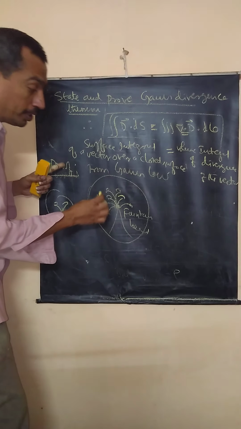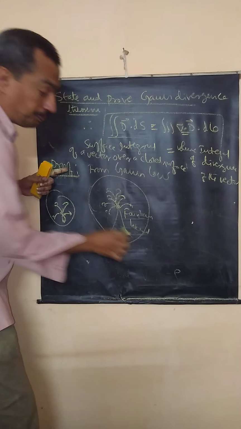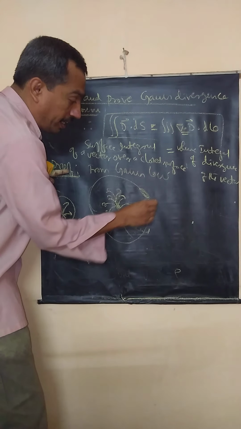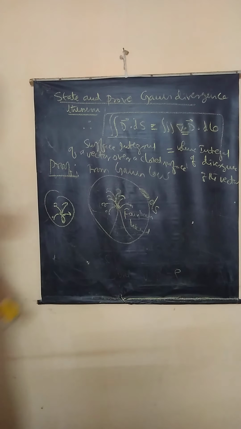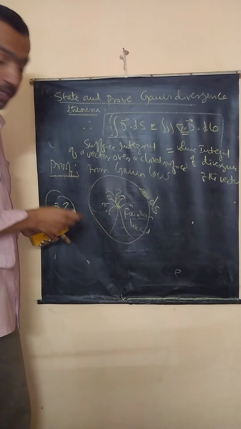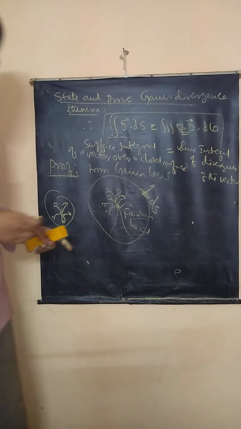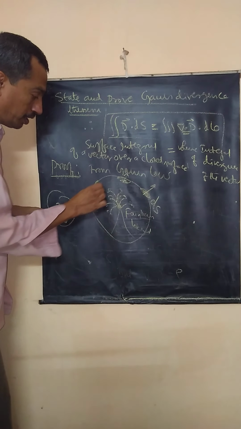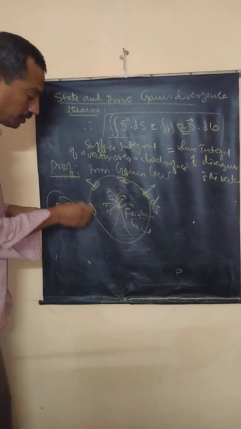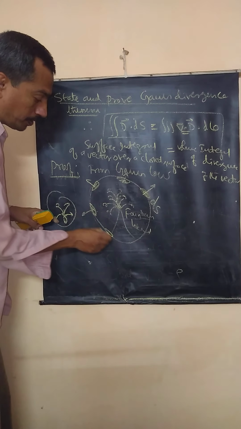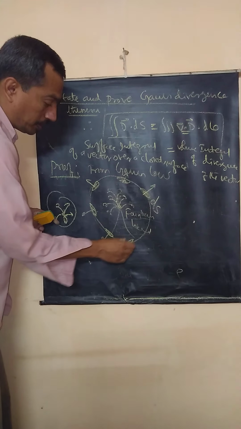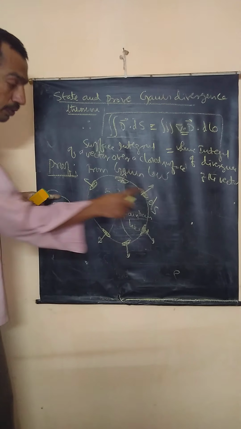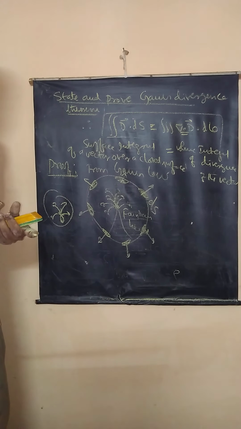Now that should be equal to, see here, it fills in this volume, and suppose I make a small hole here of area ds, water will come out of this. Correct? If I make another hole here, water will come out of this. If I make another hole here, water will come out of this. What if I make another hole? Is it clear? So water emerges from all these small openings on the surface.